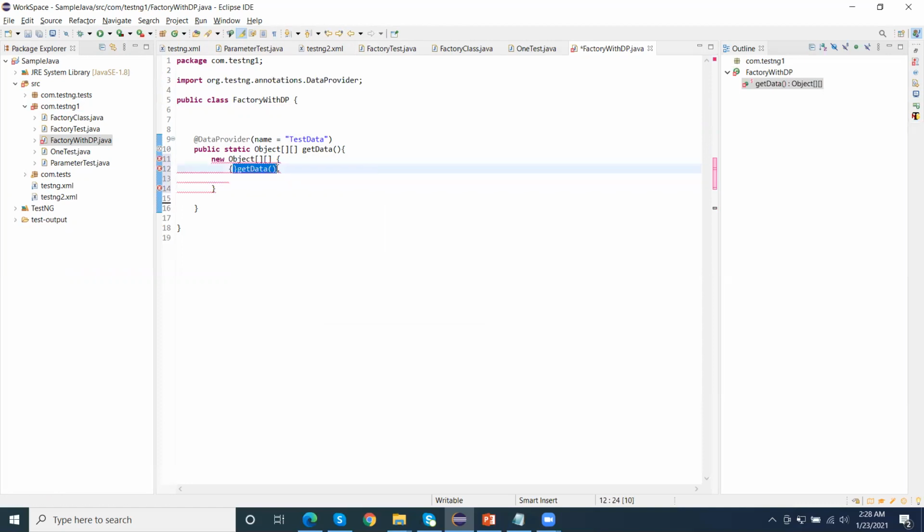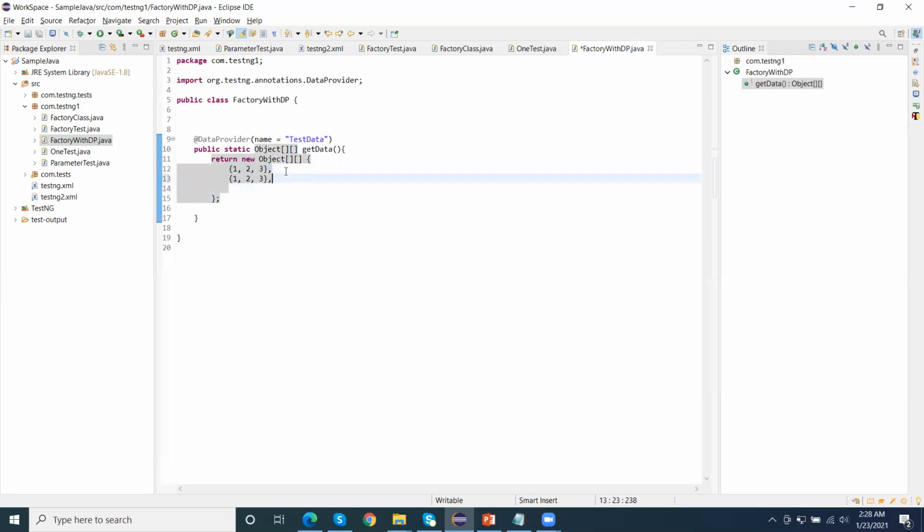I am going to create one set of data, where I will pass the 3 data here. This will return. Okay, so there is one set of data.